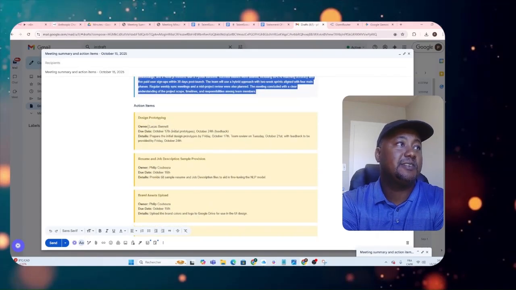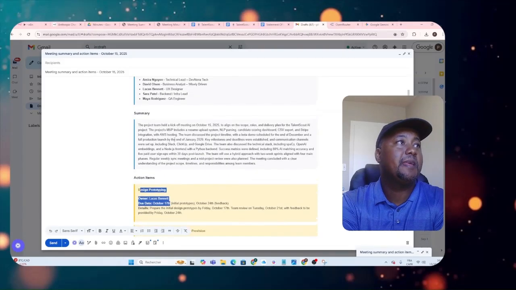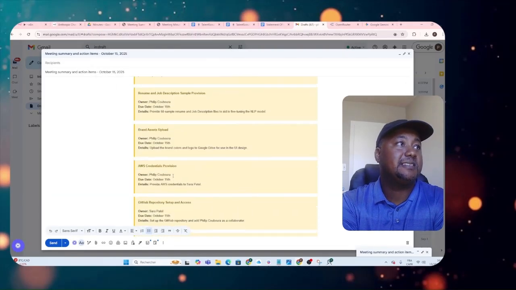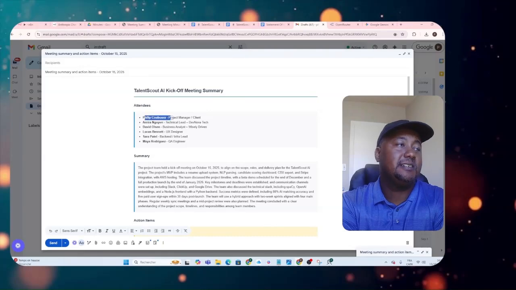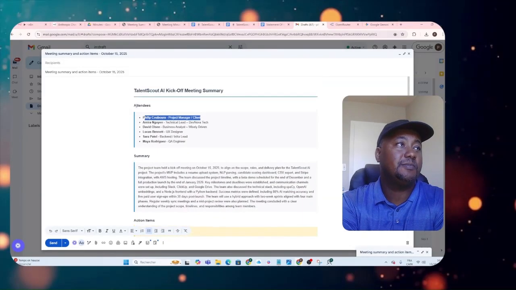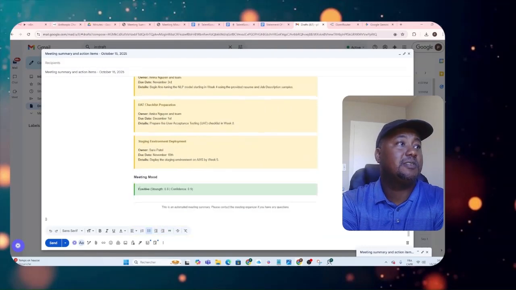As you can see, for example, for the design and prototyping of the solution, the designer is the UX designer. For the next task, the resume and job description sample provision, that's the role of the project manager. So you will see here that I'm the project manager, so it perfectly makes sense. So there is the attendees list, the summary of the project, the action items, and also there is